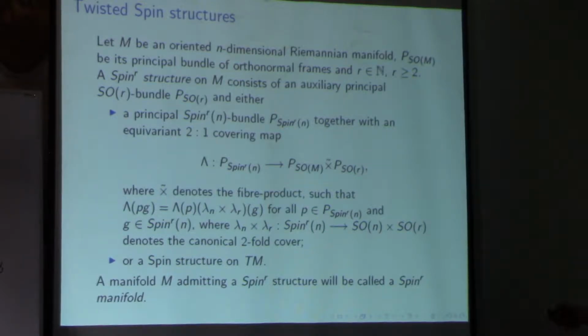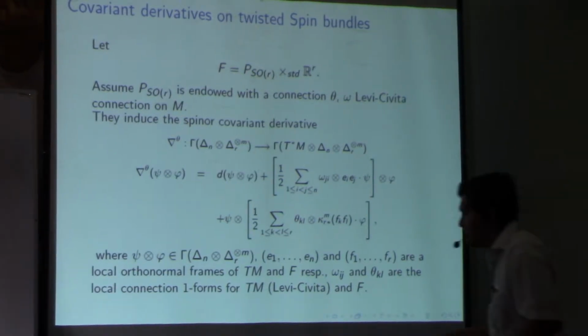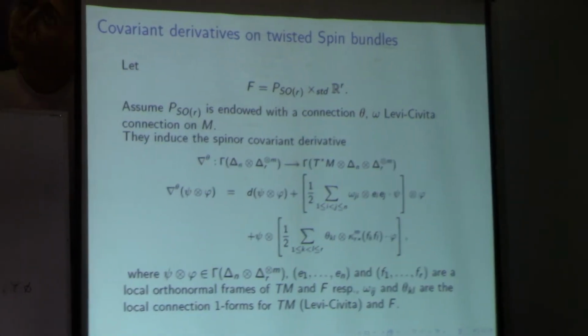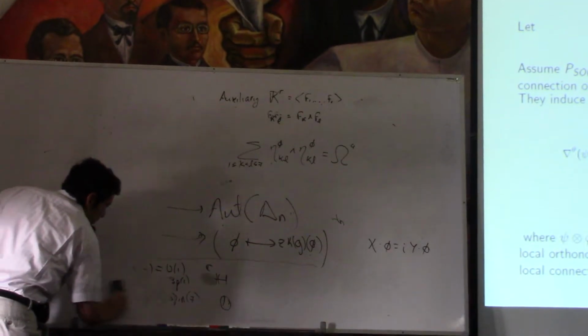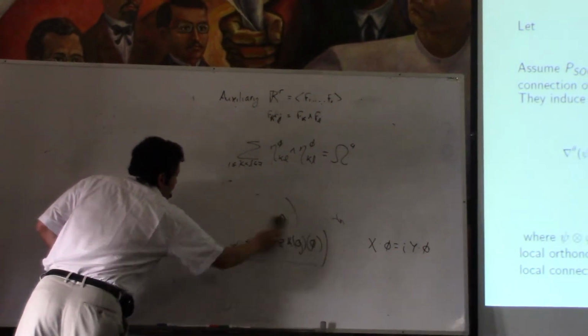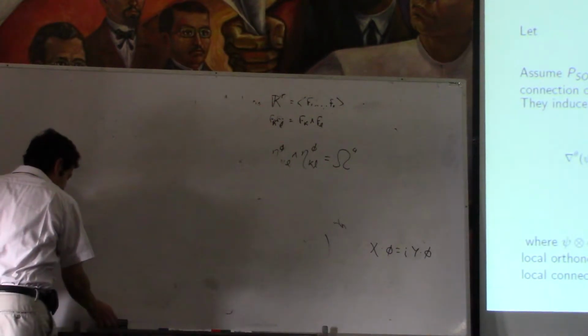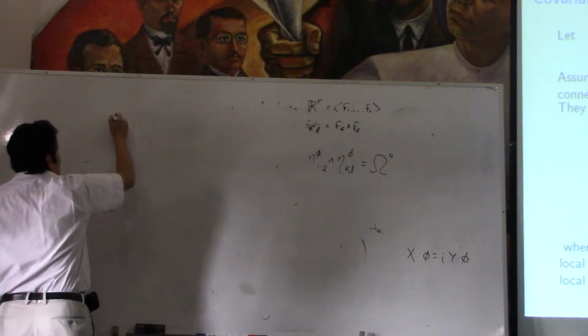Once you have this, or this together with this, you can glue or associate vector bundles, things like the standard one or the spinorial ones. I mean, once you have such a thing, I'll write it explicitly. How much time do I have? Well, let's see if I can get to it. Once you have this guy